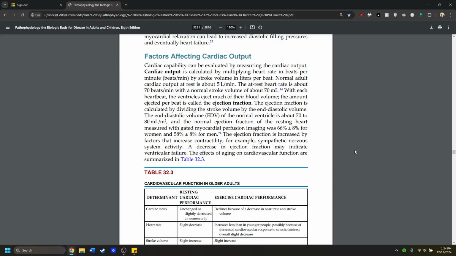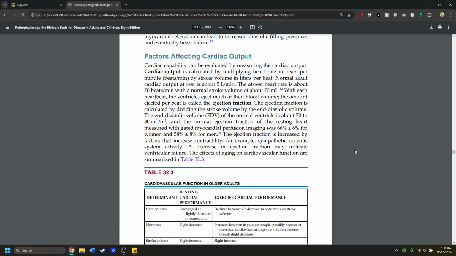With each heartbeat, the ventricles eject much of their blood volume. The amount of ejection per beat is called the ejection fraction. The ejection fraction is calculated by dividing the stroke volume by the end diastolic volume. The end diastolic volume, or EDV, of the normal ventricle is about 70 to 80 ml per meter squared. And the normal ejection fraction of the resting heart measured with gated myocardial perfusion imaging was 66%, with